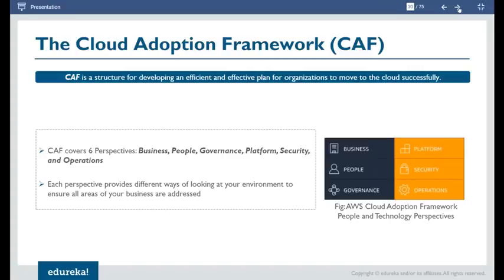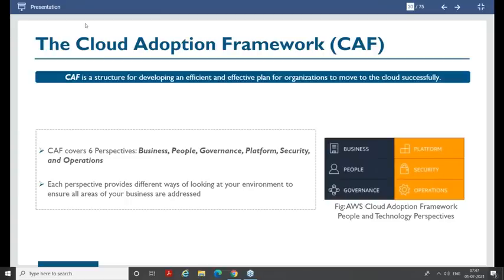When I talk about people, this becomes an important element. Do you have skilled people? Do you have people with the right kind of mindset? A lot of times, people who are 10 or 15 years into the industry might be a bit reluctant to move towards cloud. So the mindset of people is important. Are people scaled up? Are they trained on this platform? Do they have the required knowledge to manage their infrastructure on cloud? That is what you need to take care of in terms of people.